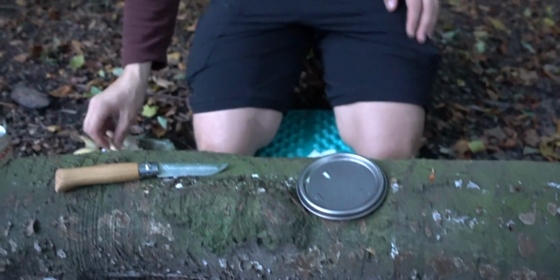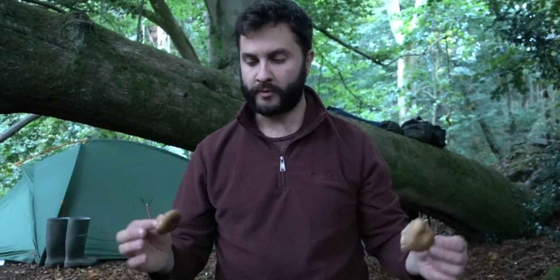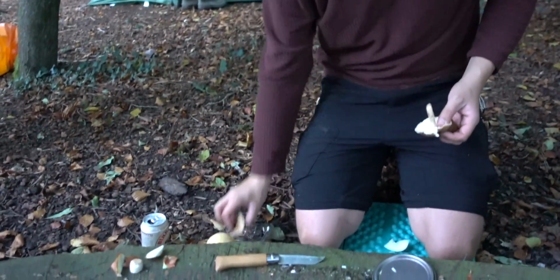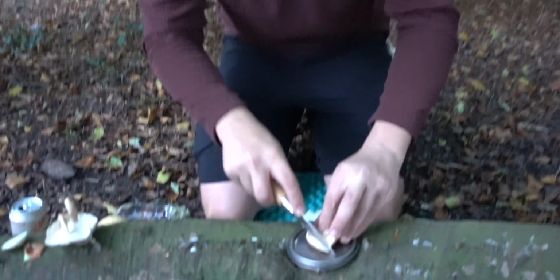Right, now, being a vegetarian, I hate mushrooms, and it's not a good thing that I do hate mushrooms. I don't mind them raw, weirdly enough. I think it's a texture thing when they're cooked, but I'm forcing myself to like them. So here, I've got three shiitake mushrooms, and I want to stick them in there. I don't mind the flavour too much. It's more the texture, I think. So I'm just going to slice them up